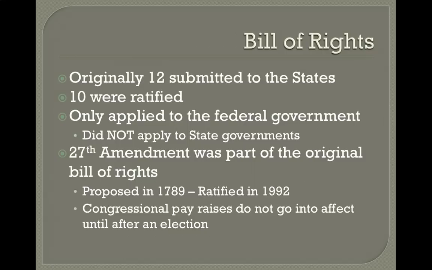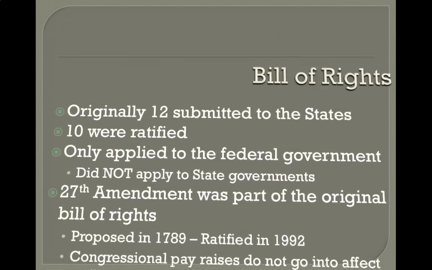What the amendment says is that congressional pay raises do not go into effect until after an election. Congress gives themselves raises. They vote for them. So what this says is, if you vote yourself a pay raise, you have to be reelected to that office to get the pay raise. And so people who want to take your position in the House or Senate will campaign and use that against you. They will say that you have continually voted yourself a raise. So if you are not reelected, whoever is elected to that position will be the one who actually gets the raise.